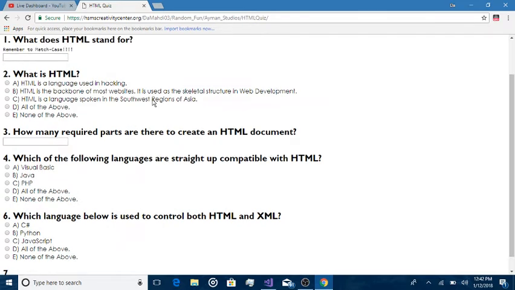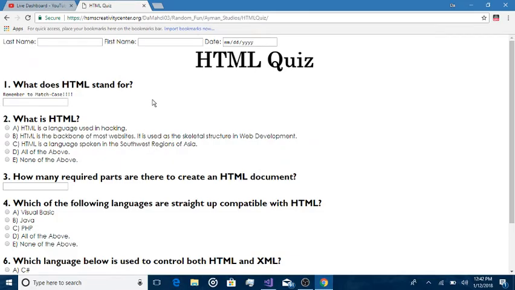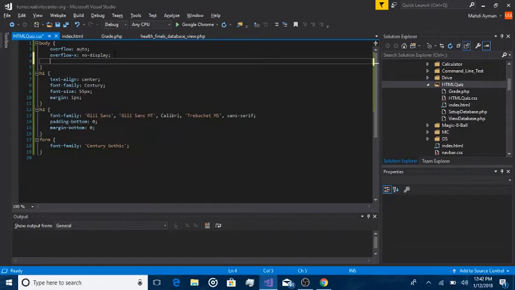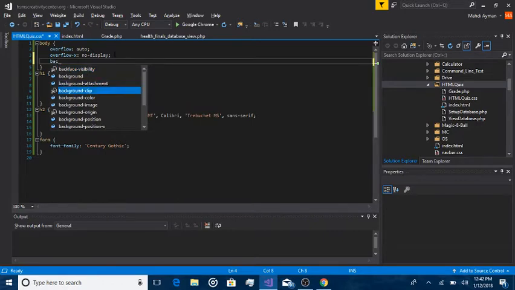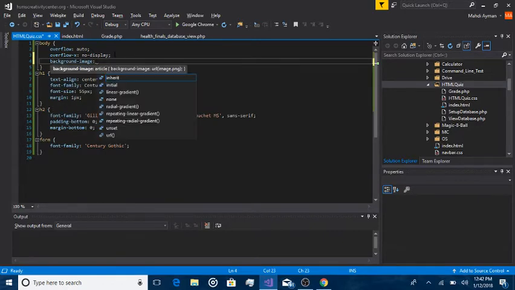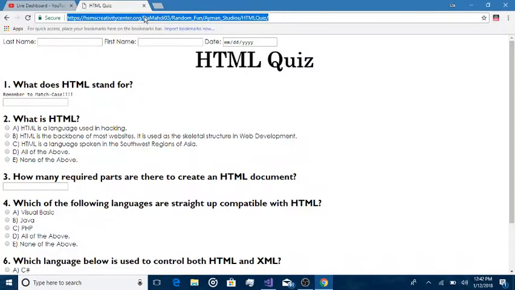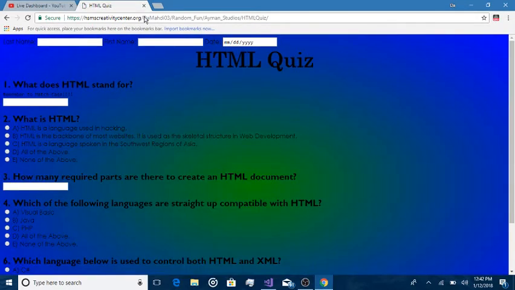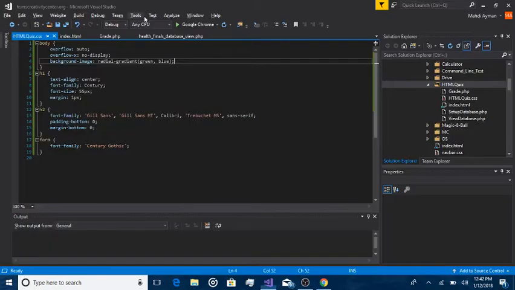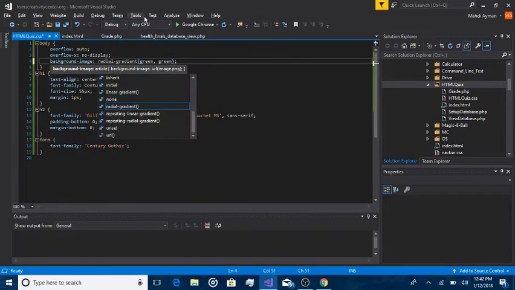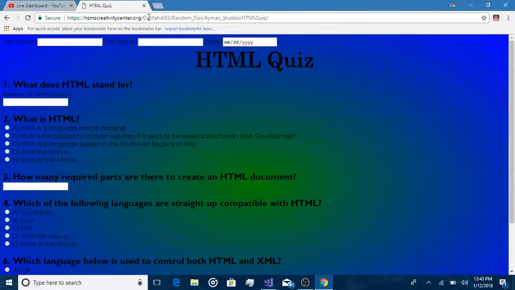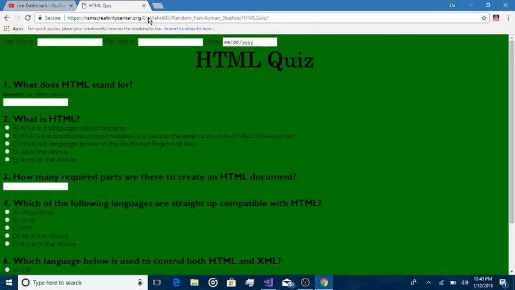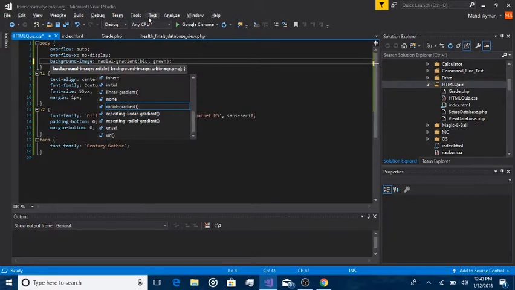So now I need to go ahead and change all these text boxes to make it pretty, but to do that, I need to go ahead and start making colors. So background image, what if I did this? And then did a, no, I'll do a radial gradient from green to blue. If I go ahead and save and refresh, it will now if I change it from green, what if I did it from green to green? Then it's just green. Now if I did it from blue to green,